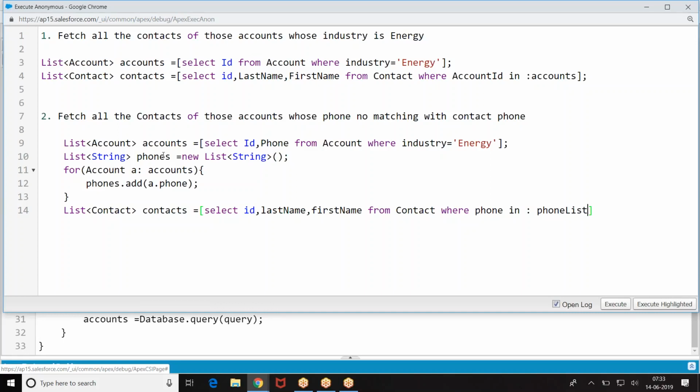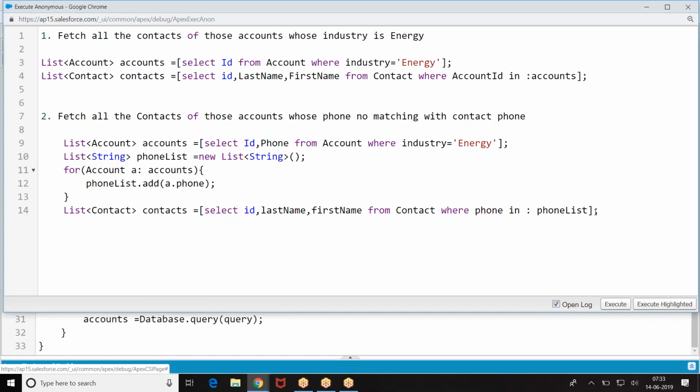If you want to compare with any particular field, fetch the data, put it in a separate list, compare in that list. You cannot compare with the list of SObject where phone number in list of accounts. You cannot do that.